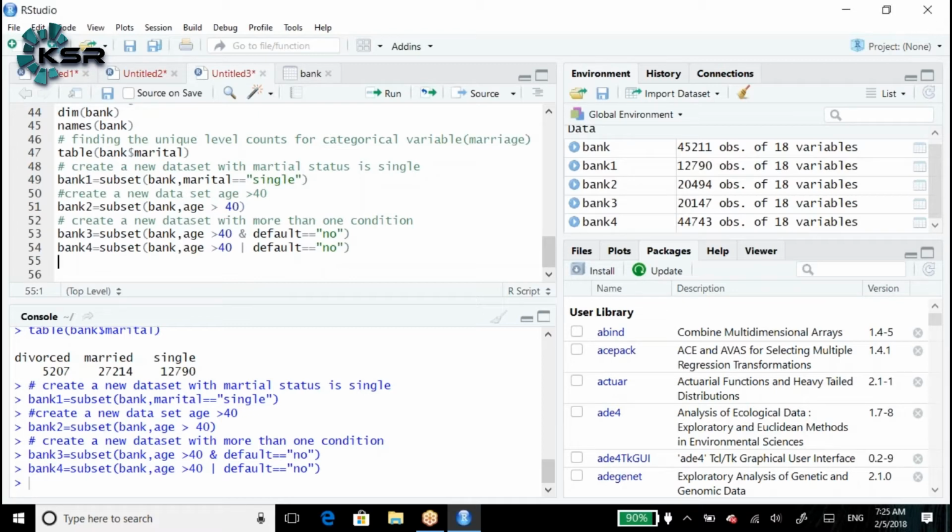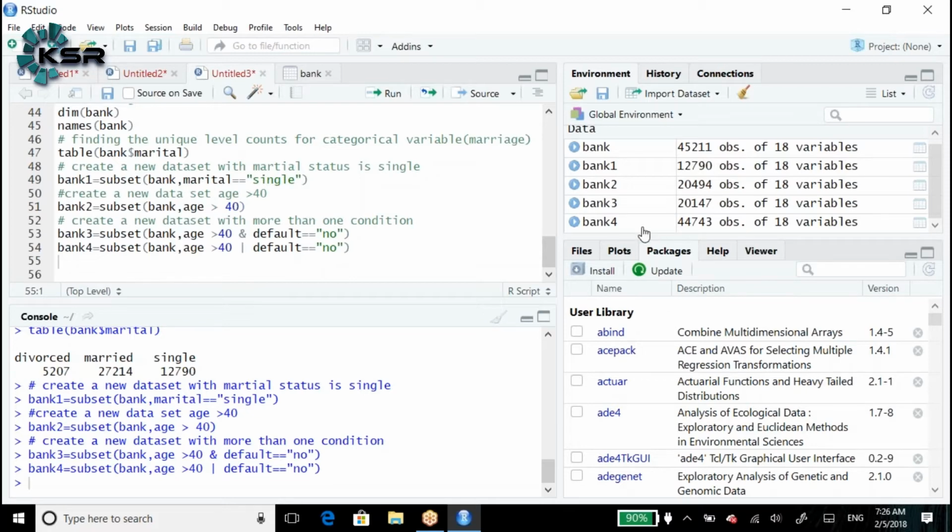Now we would like to understand how to do this. Here we write the condition, and at the same time we are creating a new data set, a subset. While applying the condition, we don't want all the 18 variables, only a few.